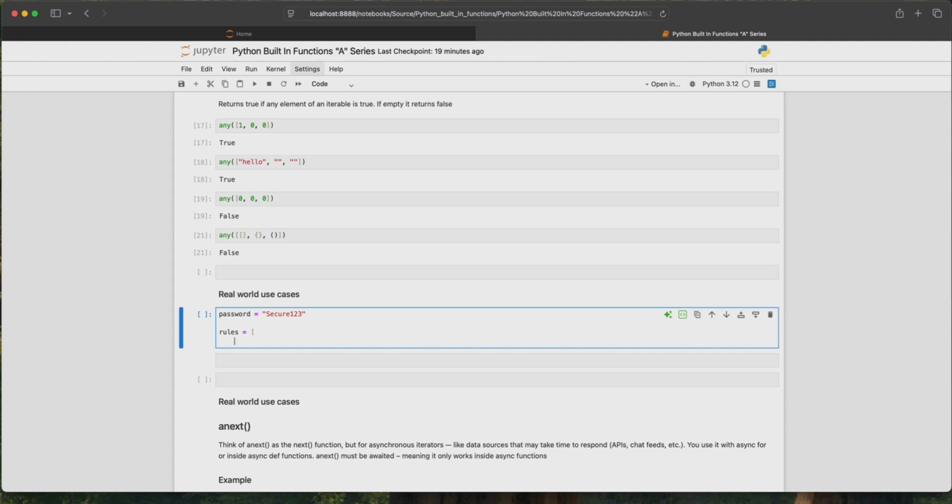I'm going to use any here because I want to check if any one of the characters in the password matches any of the rules. So the first thing I'm going to do is any, if any character is upper for a character in password,